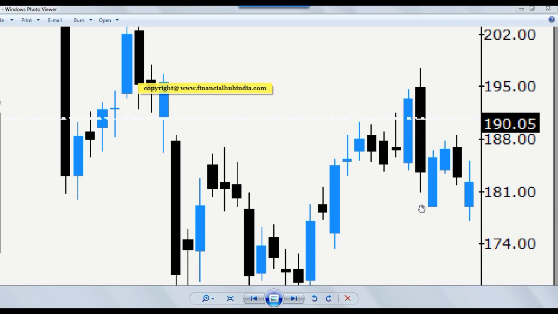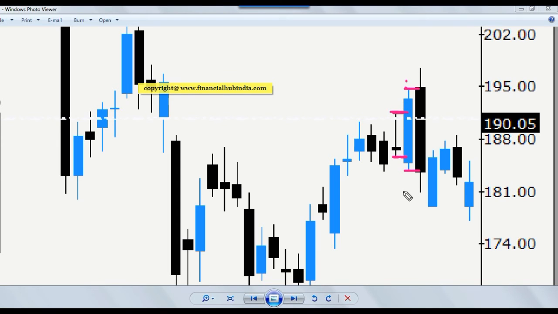Now we have one more scenario where you can have multiple outsiders. Look at the scenarios here. What do you see here? This is a candle, and if you see the next candle, it has broken the previous candle's high and low. This blue candle has broken the previous candle's high as well as the previous candle's low, right? And the next candle, again, has broken this candle's high and low. So we have multiple outsiders all together,